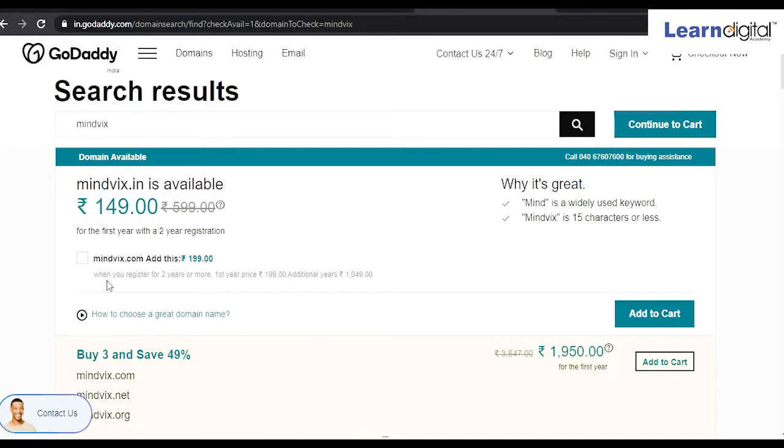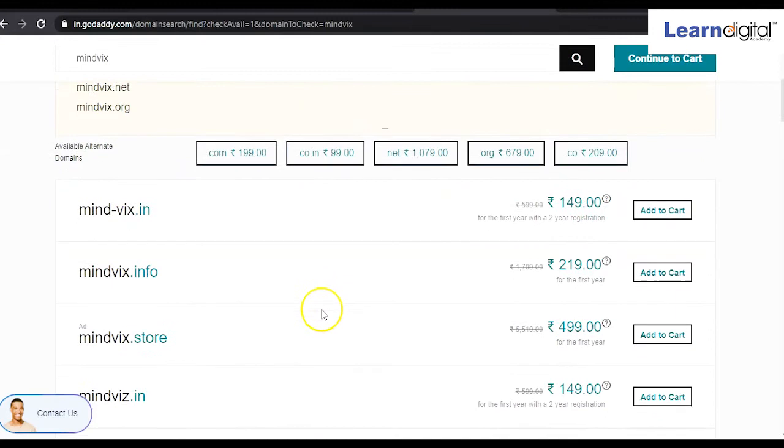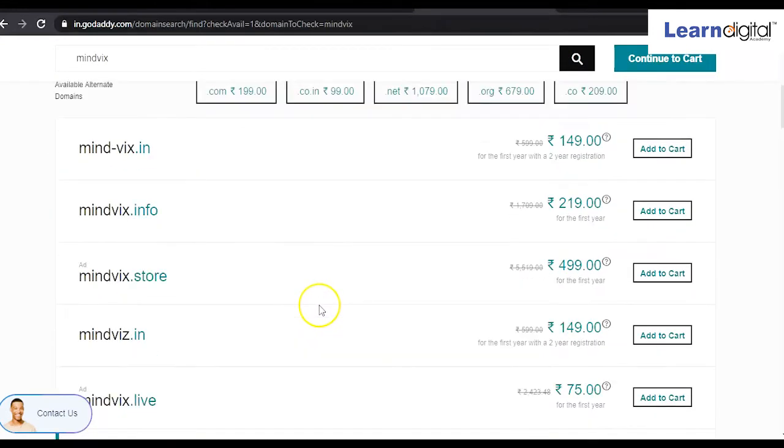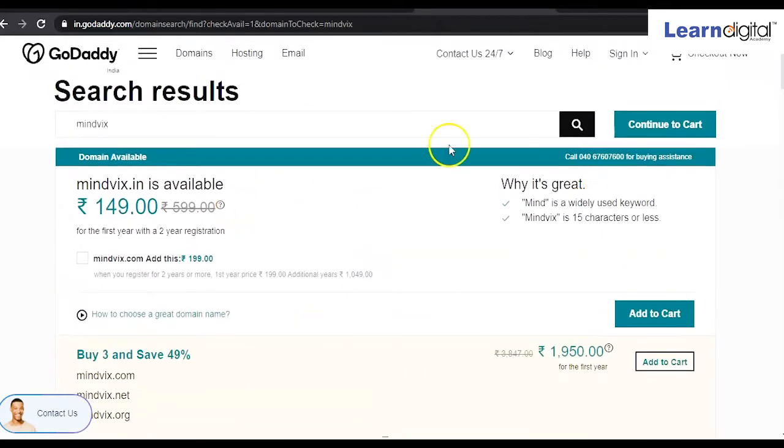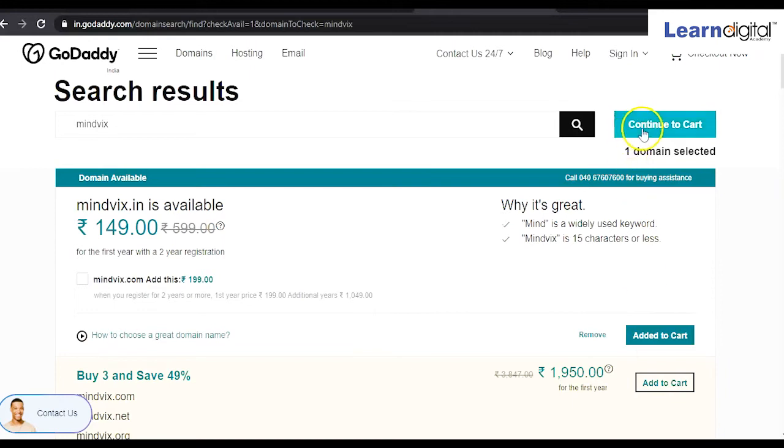That means I can purchase this domain, right? So when I want to purchase this one, I can simply click on add to cart. Otherwise you can prefer a domain according to you, right? So I'm just clicking on add to cart, then click on continue.